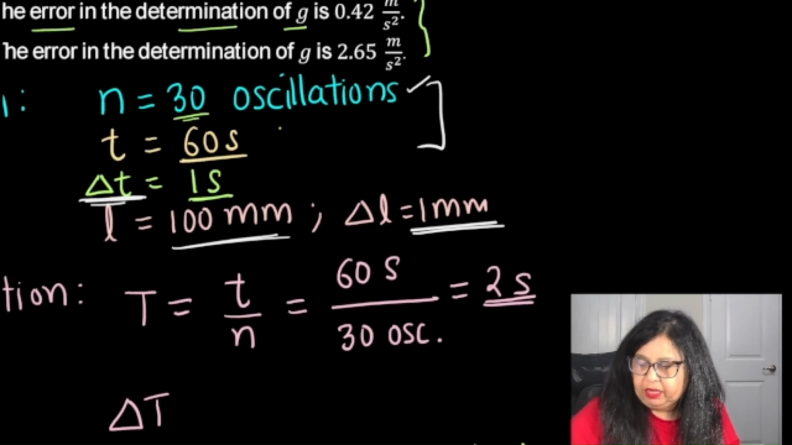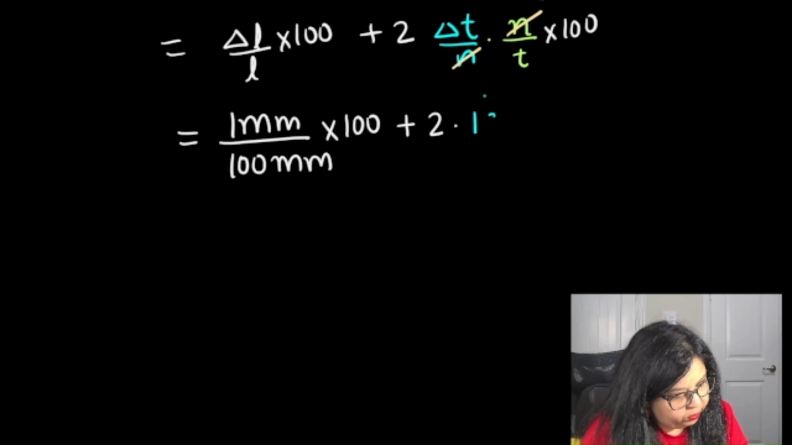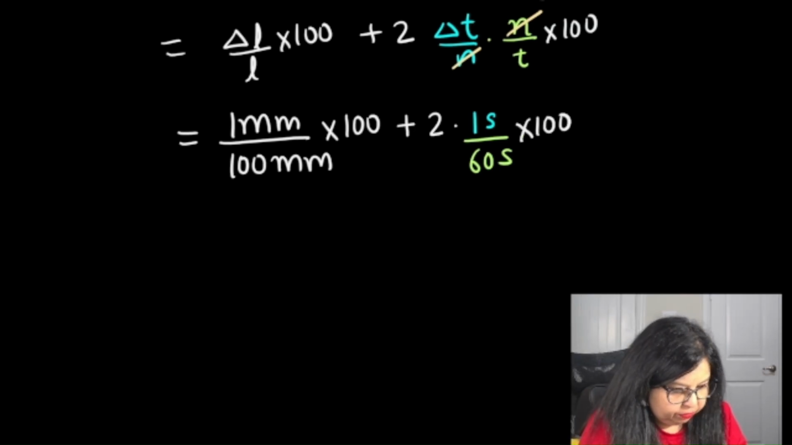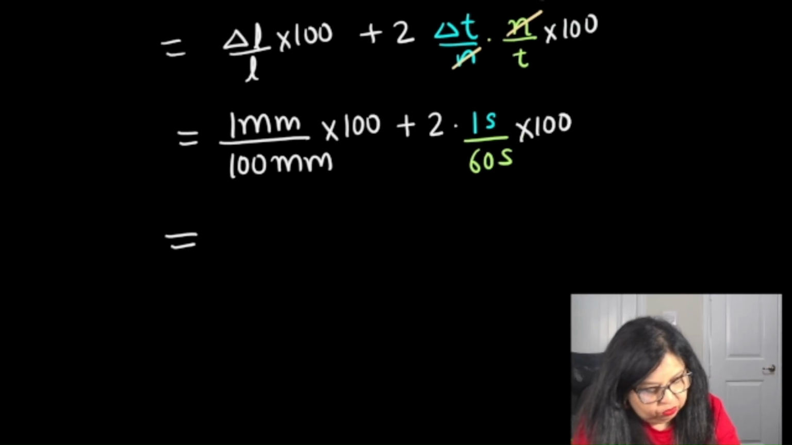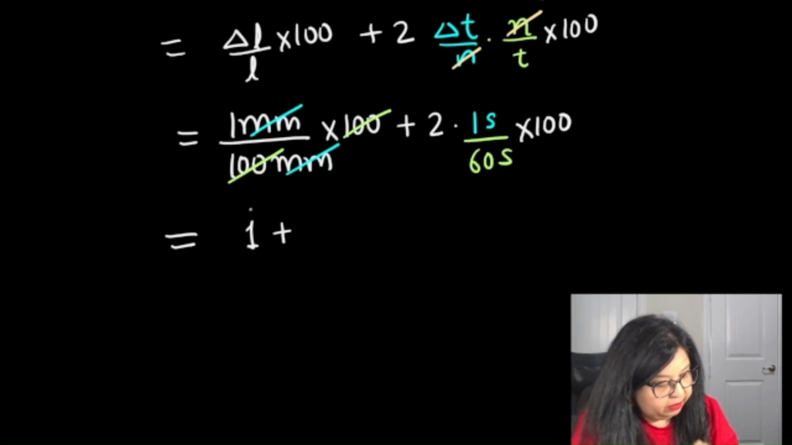Okay, let's go ahead and make that substitution. 1 and 60. We said delta t is what? 1 second and t is 60 seconds times 100. Alright, so now millimeter cancels out millimeters in the first term and 100 cancels out 100. So the first term is just equal to 1. And the second one,